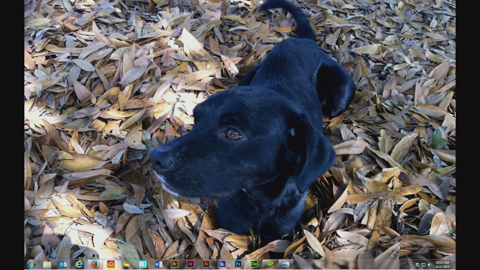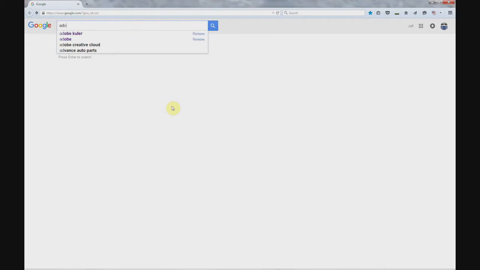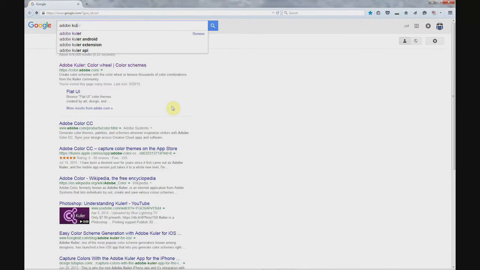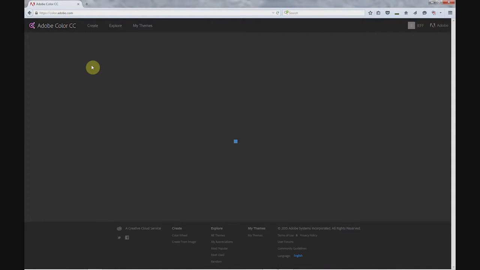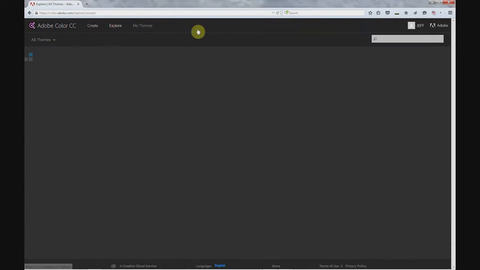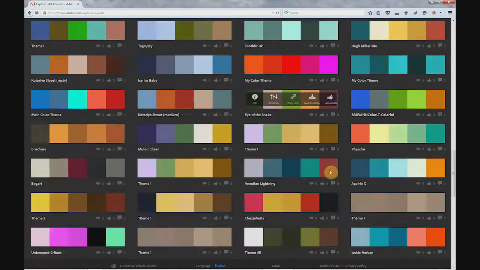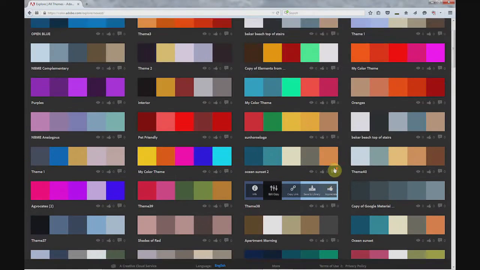I'm going to go ahead and go into a browser, and we're going to type in Adobe Color, Kuler. And what's going to come up here first is Adobe Color Wheel. We're going to select that. And this is a great website that creates color palettes for you automatically. It has thousands of color palettes that have already been created that you can use in